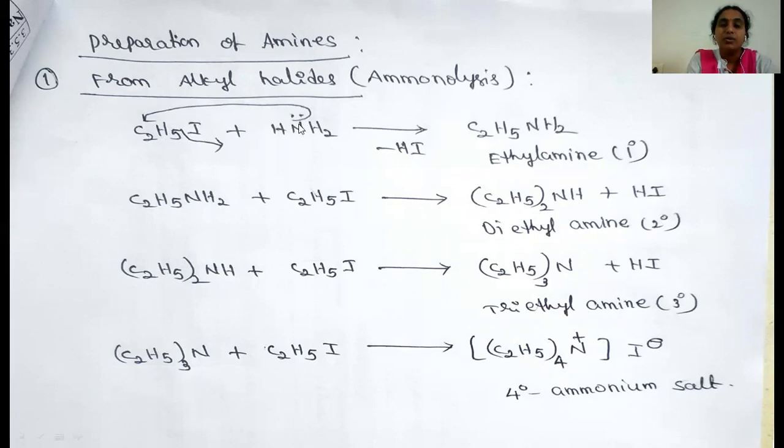Hence, to neutralize this positive charge, the nitrogen takes the hydrogen bonding electrons and liberates H plus. Here H plus and I minus are eliminated as HI. So finally, one of the hydrogens is replaced by the ethyl group, which produces ethylamine. Now around the nitrogen, only one alkyl group is present, hence it is called a primary amine.